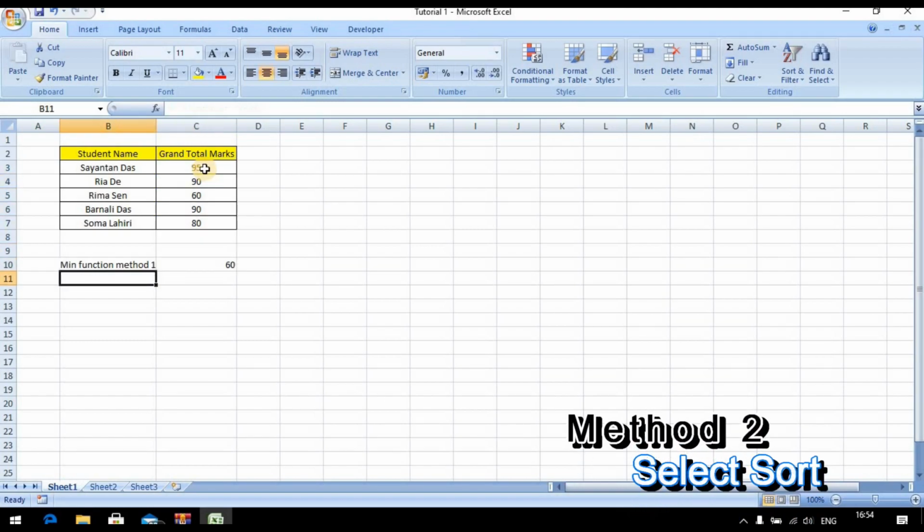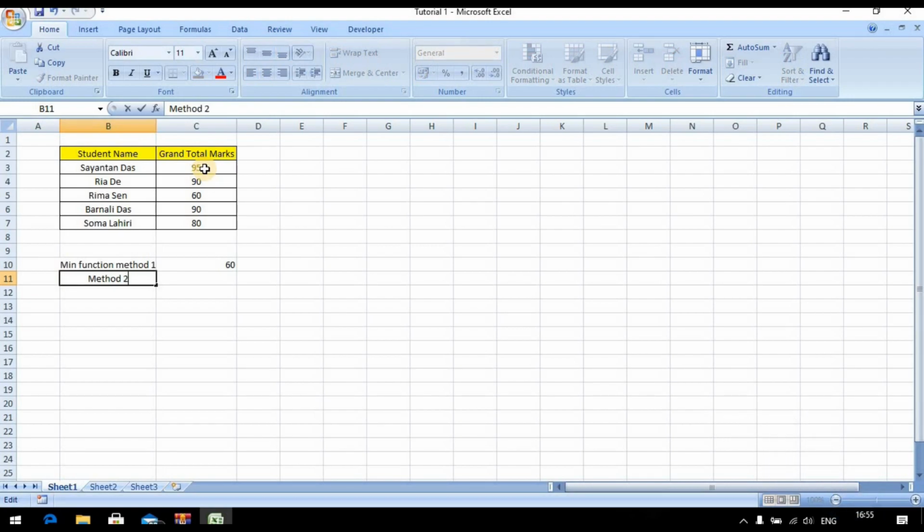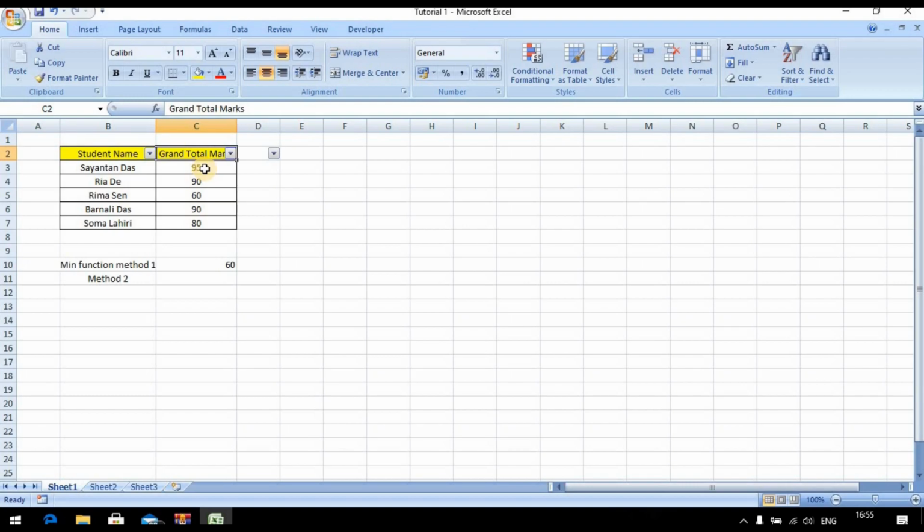Now method 2 is simply sorting. Sorting is also a very essential option whenever we need the minimum or maximum number, especially since in this table we have integer values. We just apply a filter on the header and we can sort it.